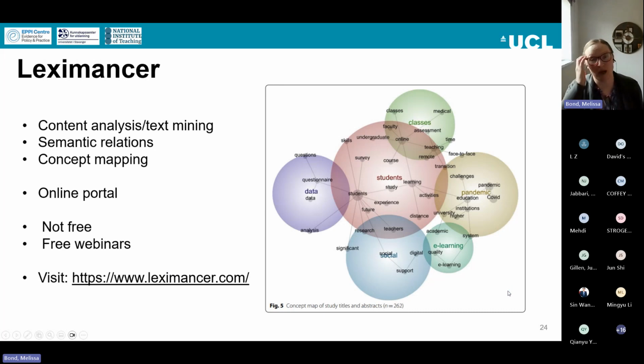Another way that I've used in my own work is to start out using a computer-assisted content analysis approach. So one of the digital evidence synthesis tools that I've used is Leximancer. Now, it isn't free, unfortunately, but there are some other similar tools that are free that I'll mention a little bit later.